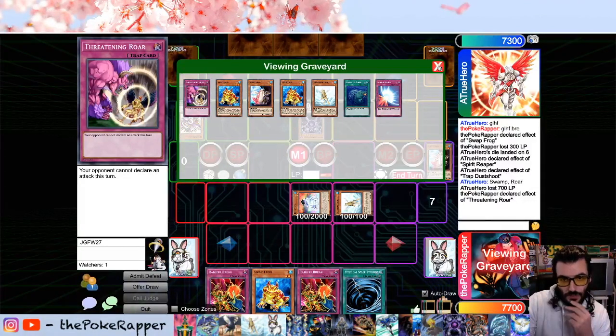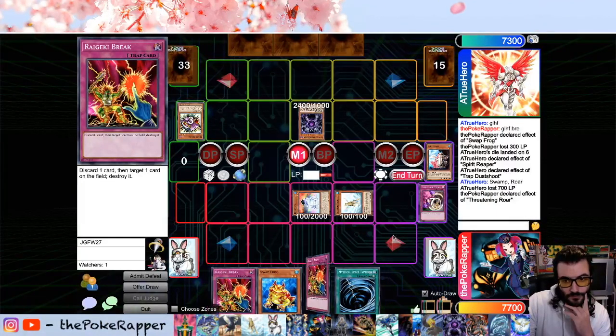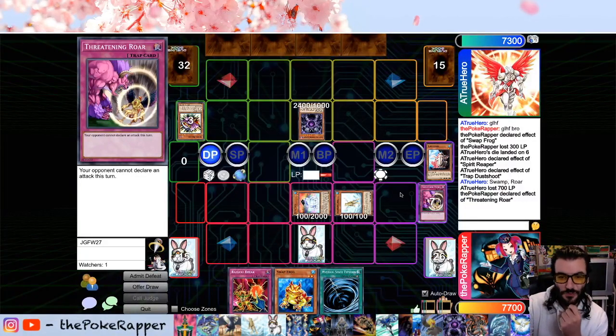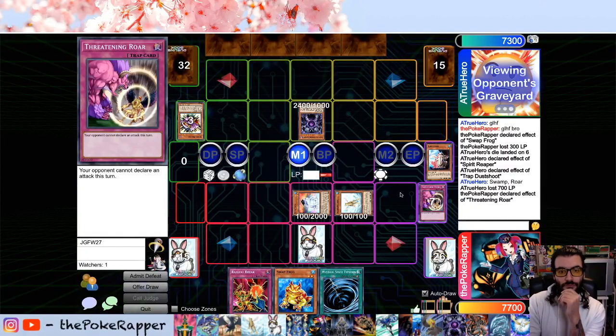Yeah, he would. Why did I think he would get rid of the dupe with Caius? He'd obviously get rid of the... Maybe I should have set Raigeki Break so when he Heavy Stormed I could chain. The Rust, guys, the Rust. Raigeki Break was a good card to set. Yeah, he Heavies, I chain, and then he has to...